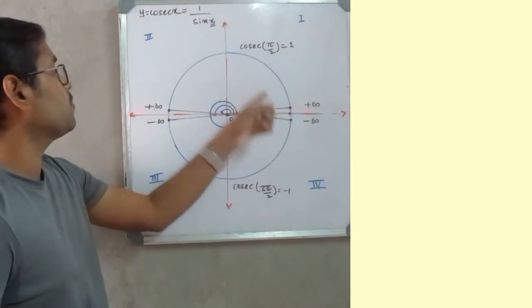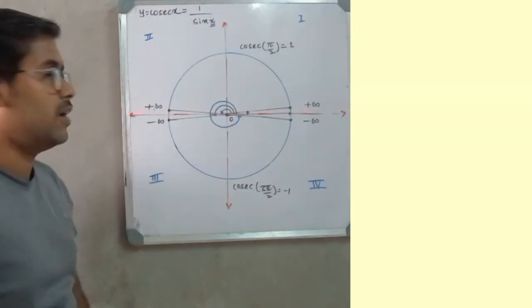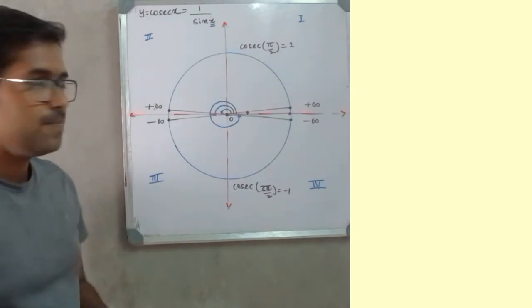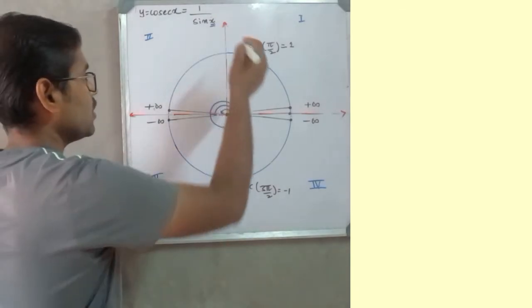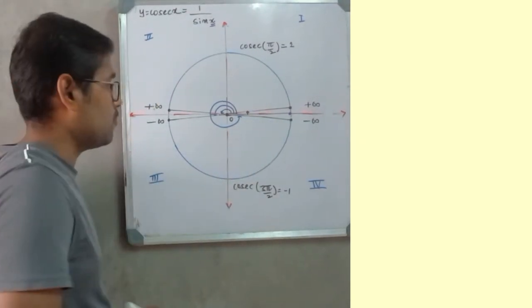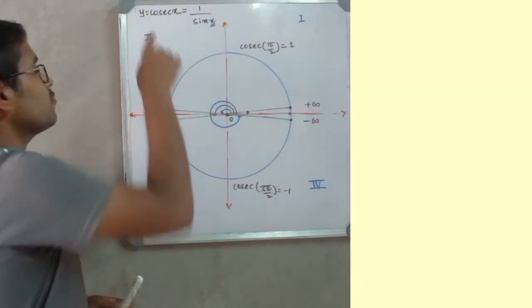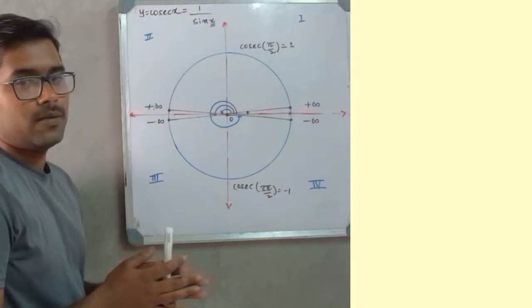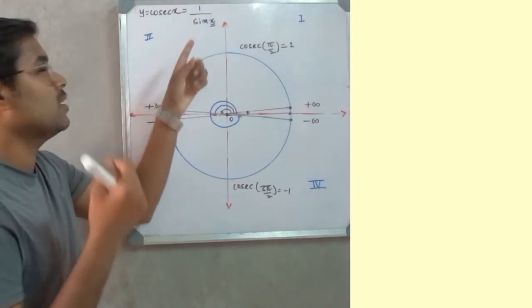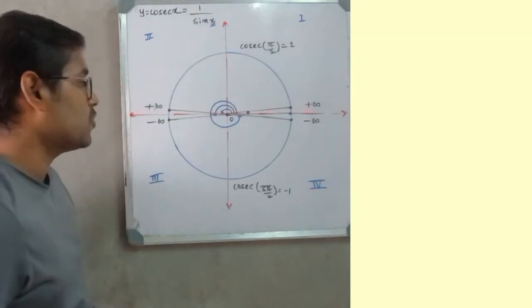At x equal to 0, sin 0 is 0. Cosec 0 will be 1 by 0, which is not defined. So cosec x is not defined at x equal to 0. So what do we do then? We will take the value of x as a very small positive number, very close to 0 but not equal to 0. In that case, the value of sin x will be a very small positive number and the value of cosec x will be a very large positive number. Why? If you divide 1 by a very small positive number, let's say 0.00001, you'll get a very large positive number.